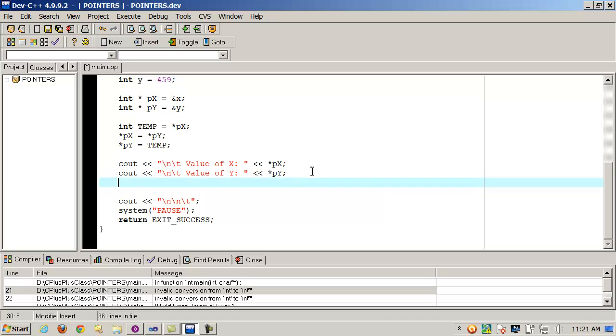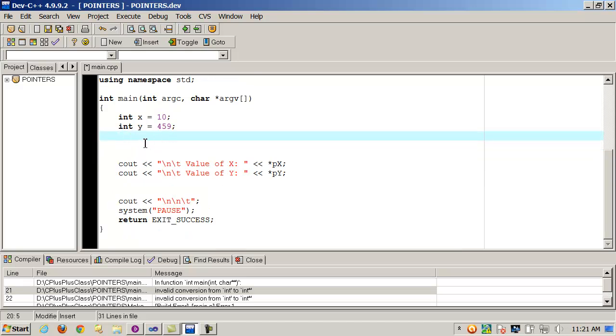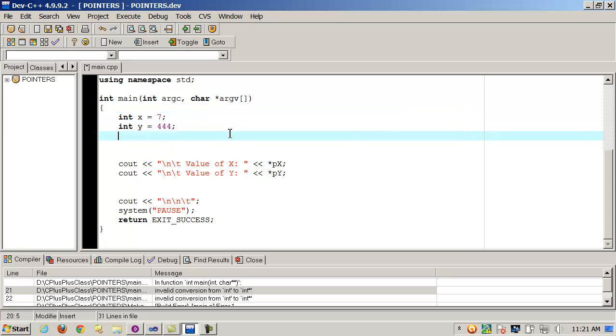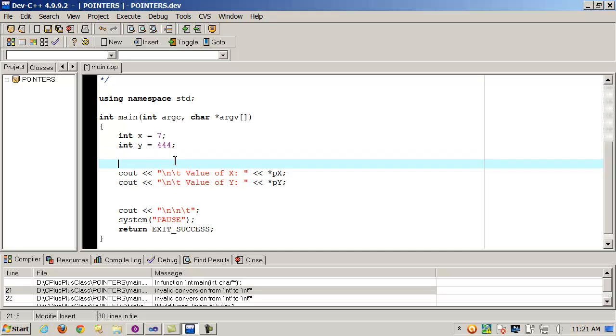Now, when you pass by value, a copy is made, and to illustrate this, we're going to keep these variables here. X will be 10, Y will be 459, or let's do this, we'll make it 444, and 7. Two fun numbers, if you're into that sort of thing. All right, so the value of X and the value of Y, and let's display